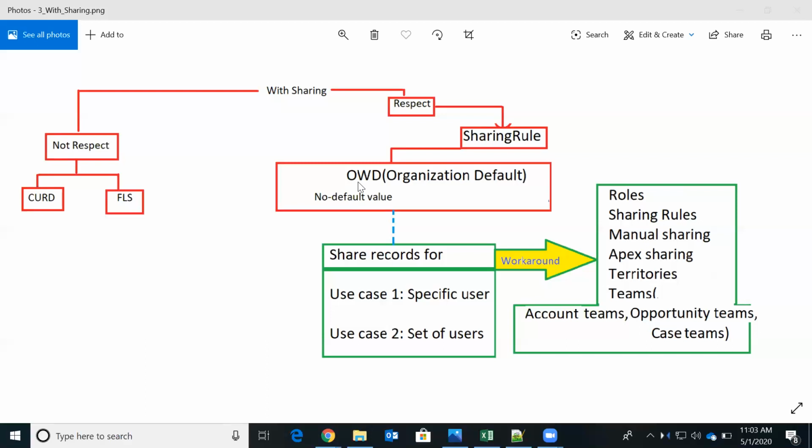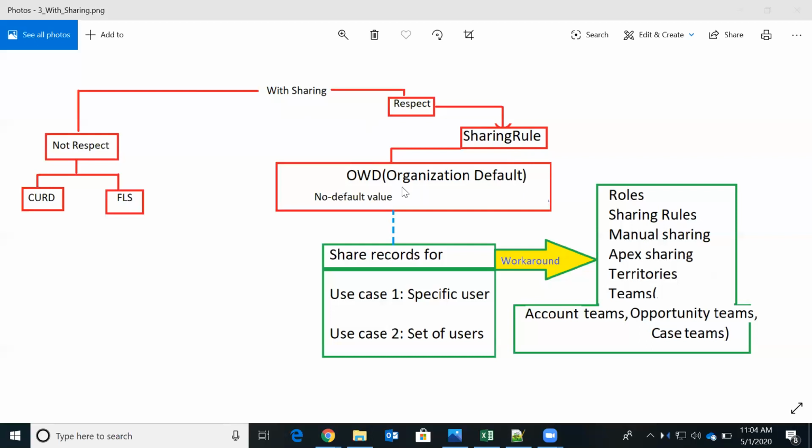Let's say whatever records are available, when we do a SOQL query, only that specific record will be retrieved. If the permission is not there, if the record is not visible from the backend, even though we are writing a SOQL query to fetch that record, we will not be able to retrieve it. So we will see this practically, but try to understand what is with sharing. In with sharing, these two, CRUD and FLS permissions, will be relaxed for execution in Apex class context, but it will not relax the sharing rule. So whatever OWD is there, that will be applicable.